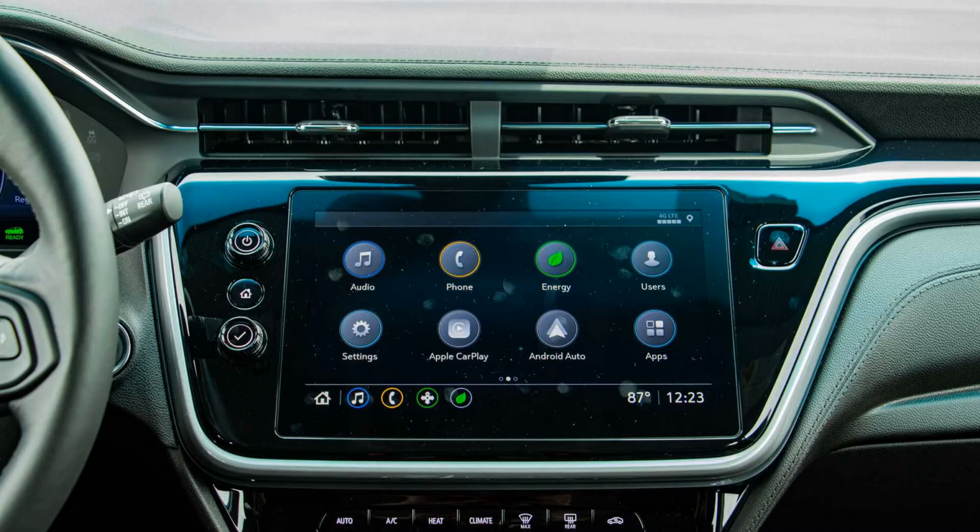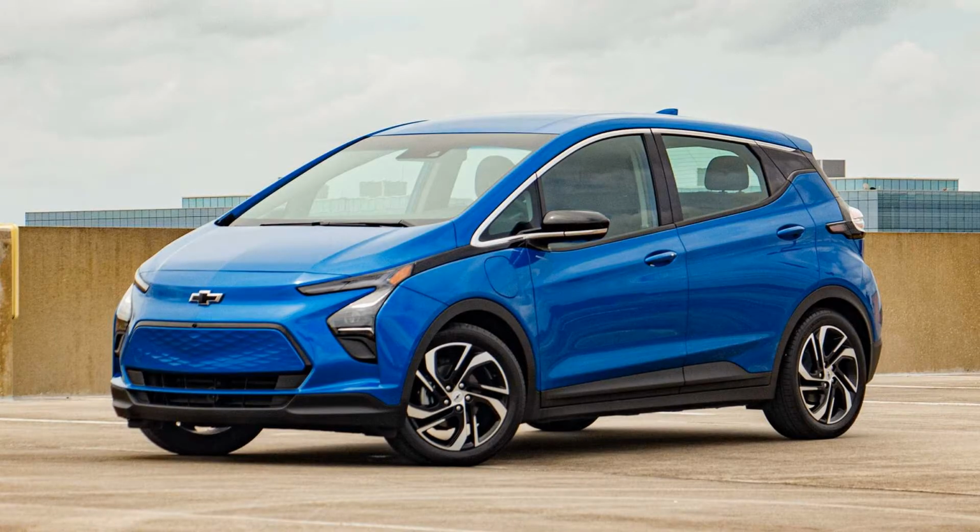But the Bolt does offer best-in-class front legroom with a hearty 44.3 inches, and with that, the front compartment feels plenty roomy for both driver and passenger. The back seat also gets a solid 37.9 inches of headroom and 36.0 inches of legroom, which are average to